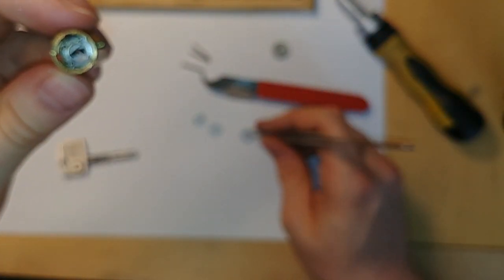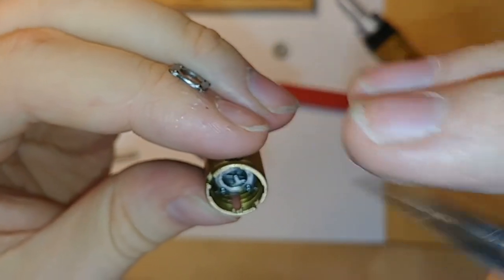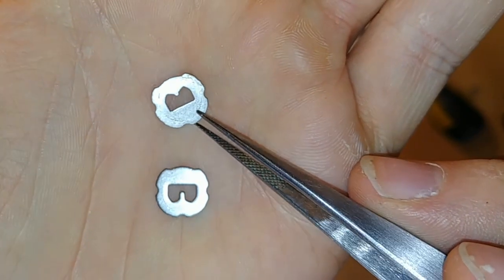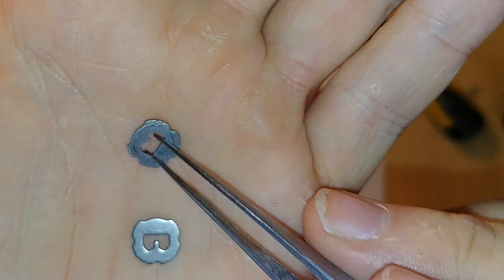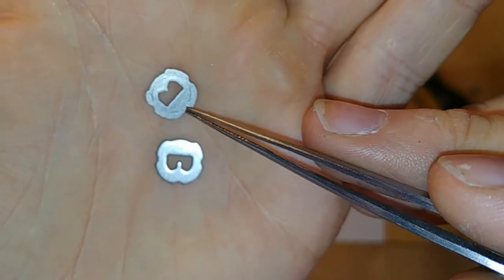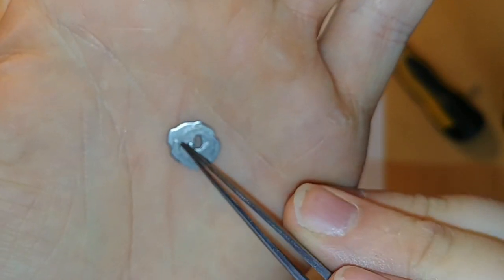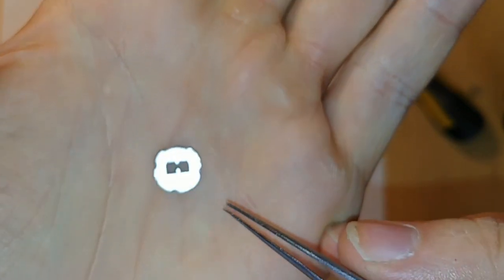In total, we have 11 of these wafer discs in the log and 10 of these bees, which are divided into groups which are alternating. I'm not sure if there's some master keying going on where they are not alternating, but in principle they are, in my log they are alternating. And we can see there's a bee like this and a bee like this. And if you look at these grooves here, which are the rotation limiter, we see they lie like this in